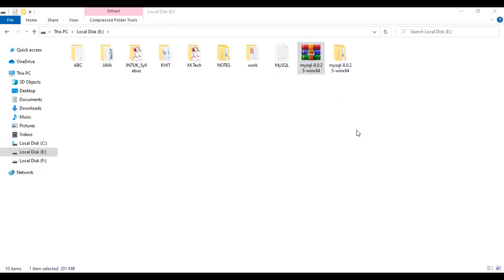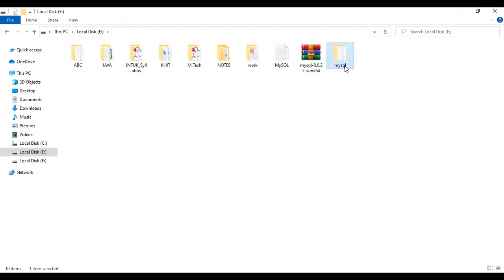After completing this extraction process, observe that I'm extracting all the files of this MySQL into the directory E. Remember this one. After completing this, you can rename the folder to mysql, as I told you.